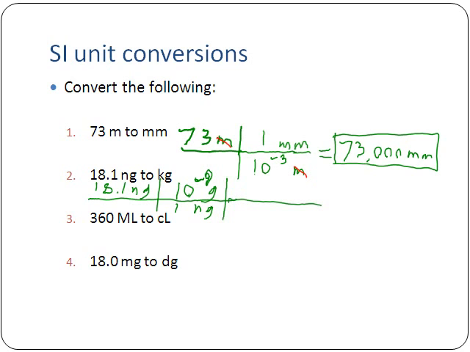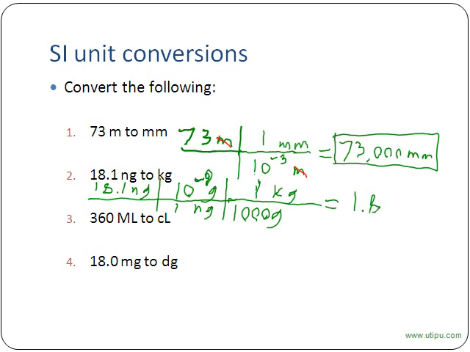So we set up another part of our table here. We want to cancel grams. We want to go to kilograms. 1 kilogram, kilo means 1,000 or 10 to the third. So we put in 1,000 here. Now we can just multiply across the top, divide by the bottom. 18.1 you put in your calculator times 10 to the negative 9th power. My apologies, times 1, then divide that by 1, then divide that by 1,000, and whenever you do that, you're getting a nice scientific notation number,